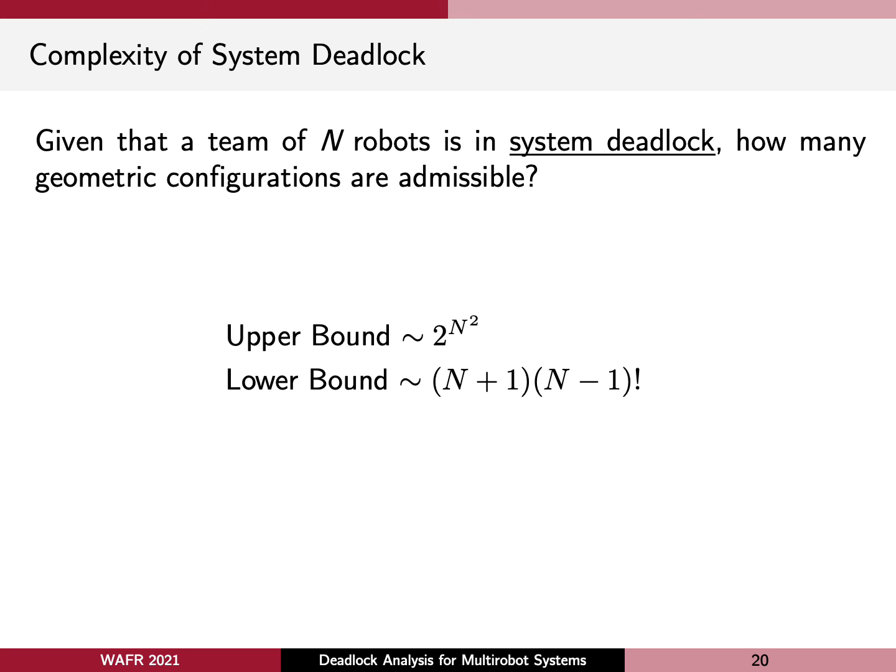As this lower bound indicates, there is a factorial term, meaning that as the number of robots increases, the possible number of configurations becomes extremely large. It's in fact worse than exponential because factorial overtakes exponential quickly. This is disappointing and explains why in this work we did not develop a universal n-robot deadlock resolution algorithm. But that's okay, at least we know what the underlying bottleneck is.